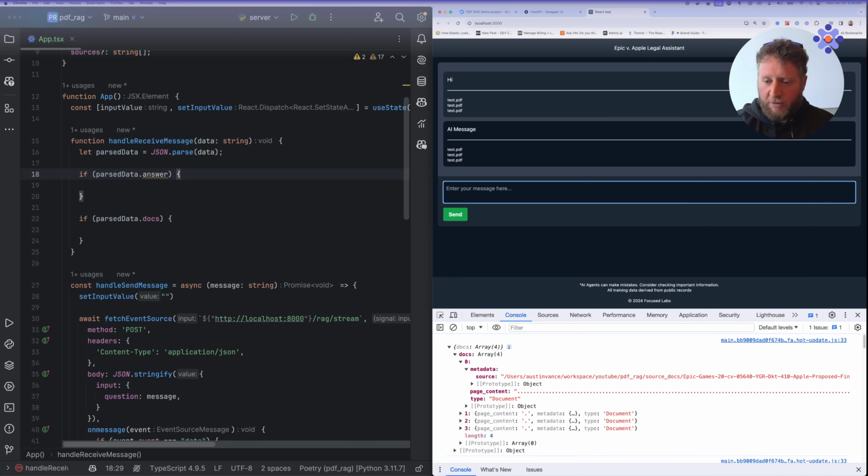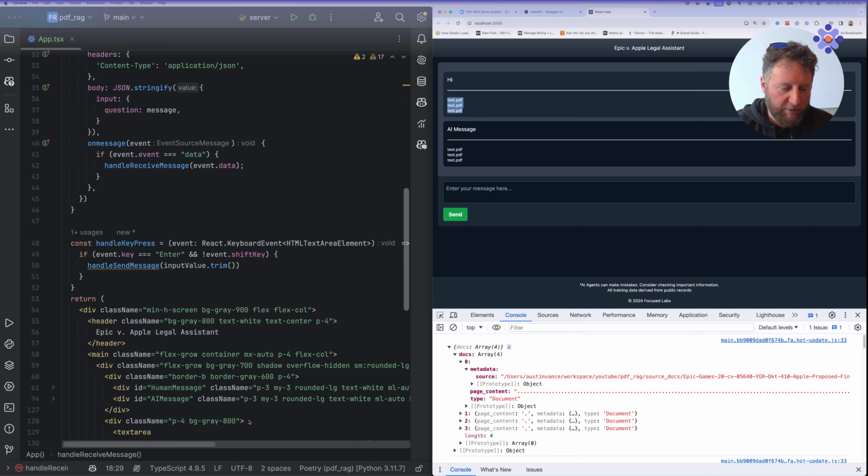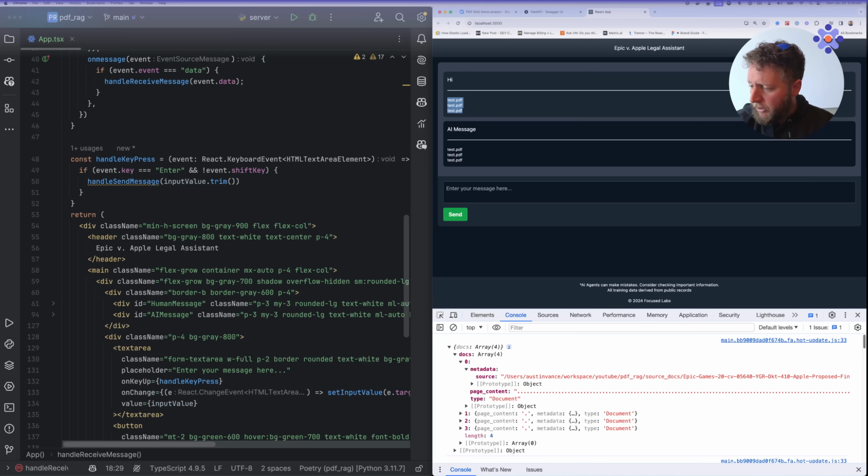And you would expect, like in a standard chat application, you hit enter and it shows up here as your user message, and then the AI message streams out just afterwards. And that user message probably doesn't have any sources because it's coming from the user. So what I want to do is say on our handle send message,